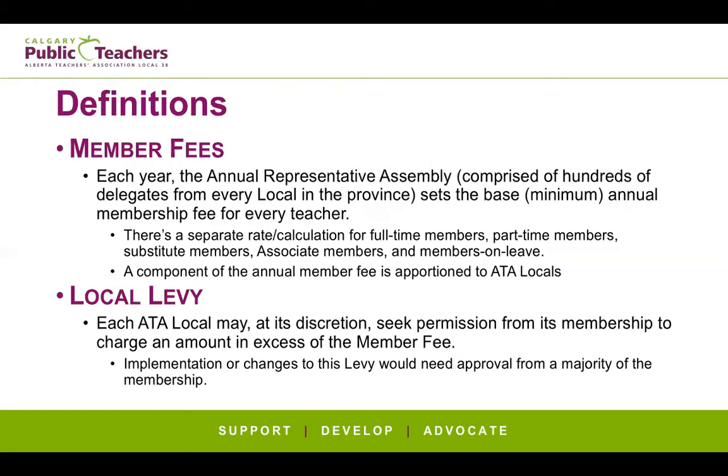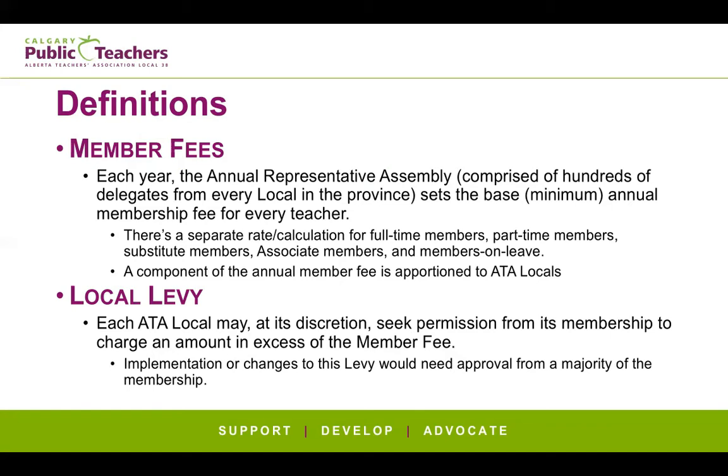Member fees are charged by your provincial association, and the level of member fees are set on an annual basis by the annual representative assembly. Now, this group is comprised of hundreds of delegates from every local in the province, and what they do is they set the base annual membership fee. There's a separate rate calculation. We'll go into that in a moment for part-time members, substitutes, associate members, members on leave. But the job of ARA delegates is to create a budget that will cover the anticipated expenses of the association